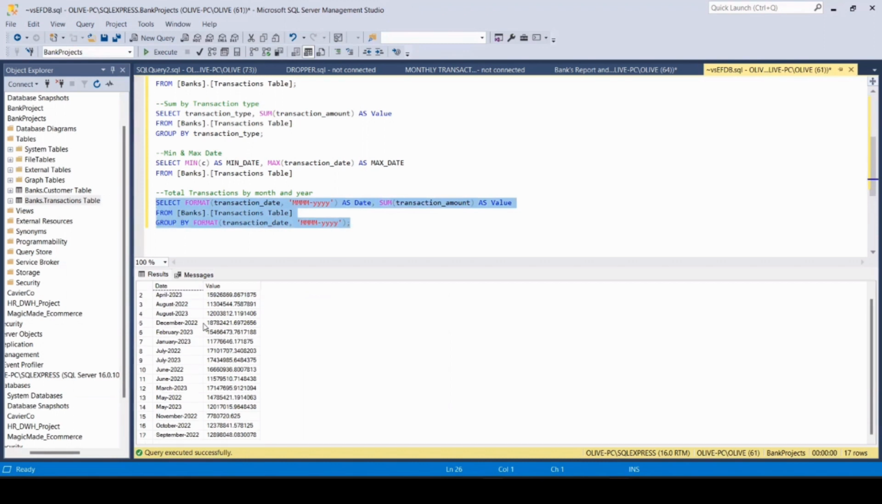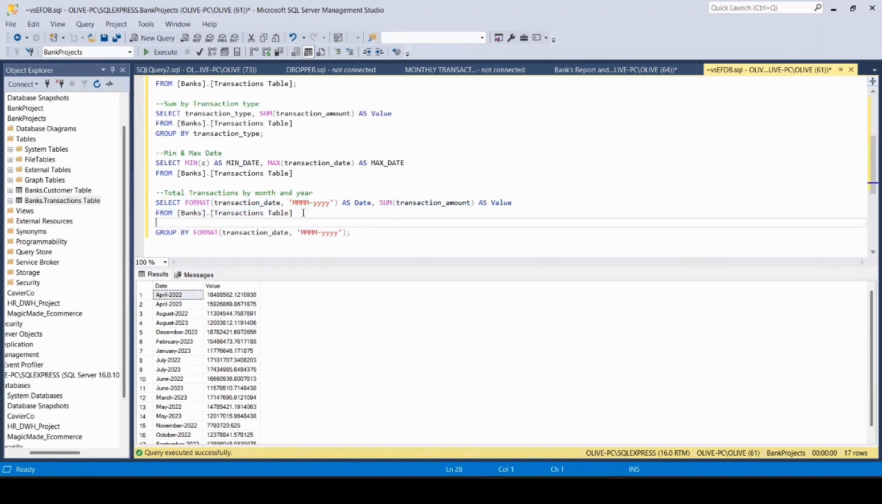So now we can see April 2022, 2023. You can see August, you can see December, and all of that. You can see all the dates. Okay, say you want to see just 2022, right? You want to see just 2022. So where